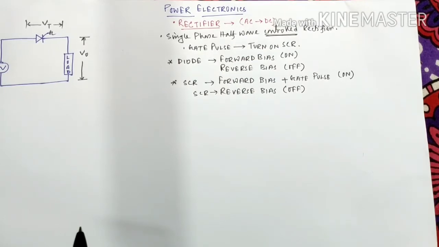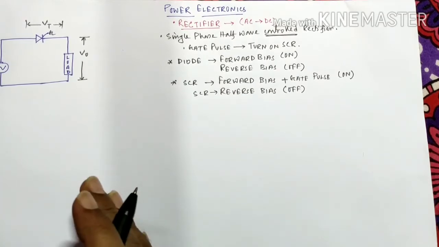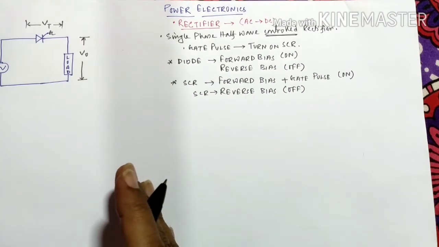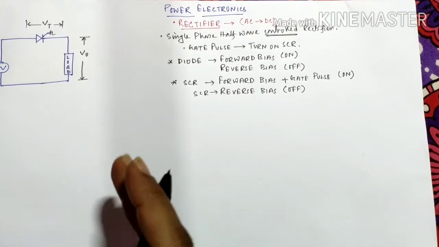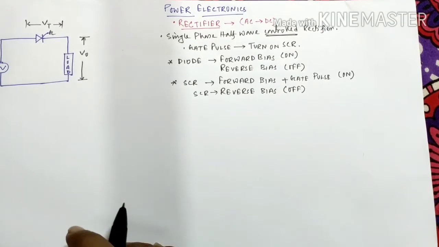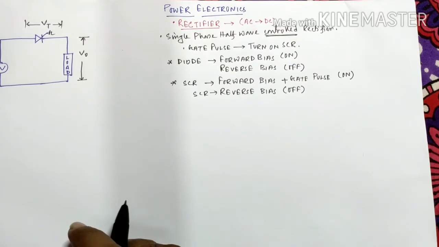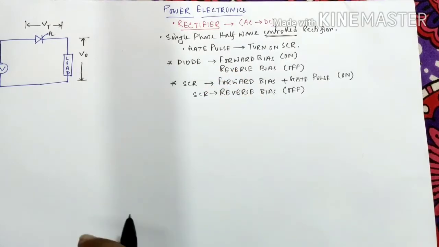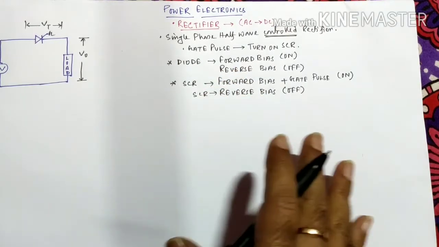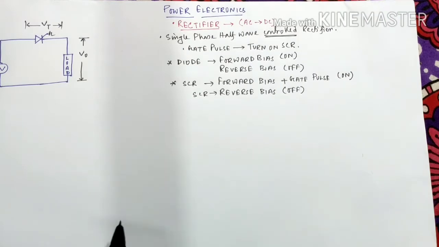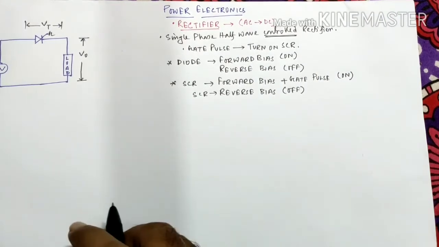But here in the context of power electronics, when we are discussing rectifiers, the diode element will be replaced by thyristors, and the advantage is that whatever rectifier we will design here is basically called controlled rectifiers. That means the output of these rectifiers can be controlled by the element of the circuit, that is thyristor here. So what kind of controllability I am talking about will be explained during the course of this video. So let's get into the topic directly.